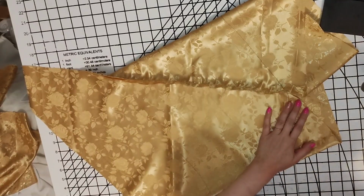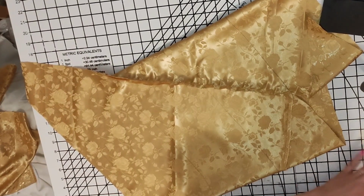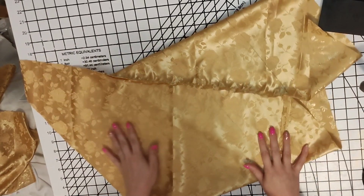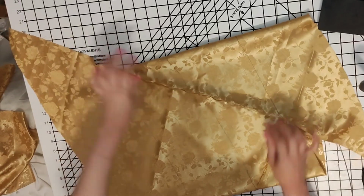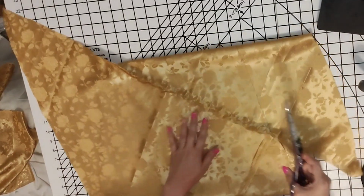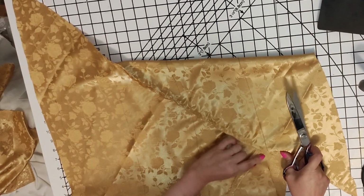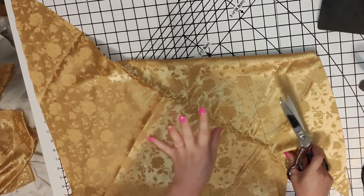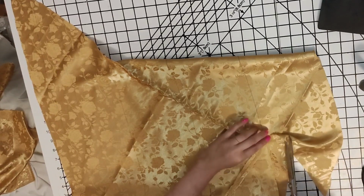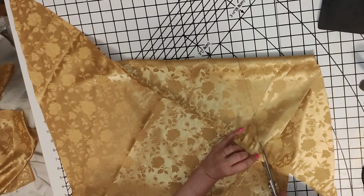So now that this is stitched together, we have this strange looking tube of fabric. And now the fun part can begin. What we're going to do is cut the fabric into one continuous strip. We're going to start at the top line right above that seam that we just stitched, and we're going to follow our line all the way around this tube to cut the fabric into our bias